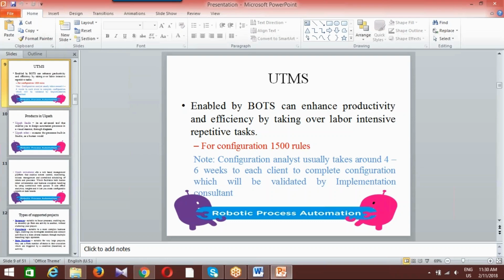This is what UTMS stands for, wherein you can enable your robots